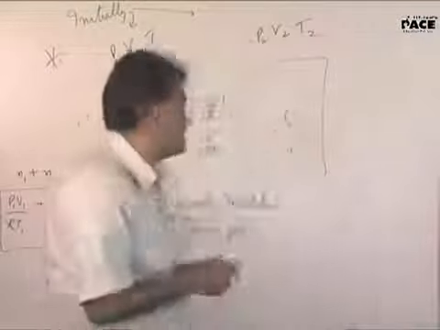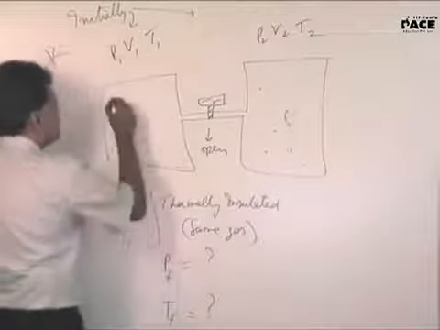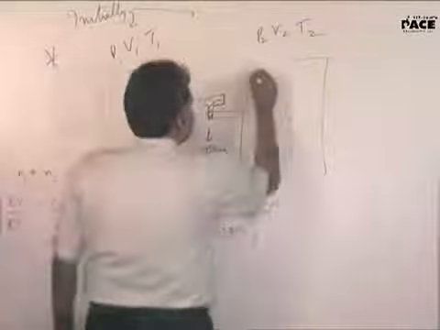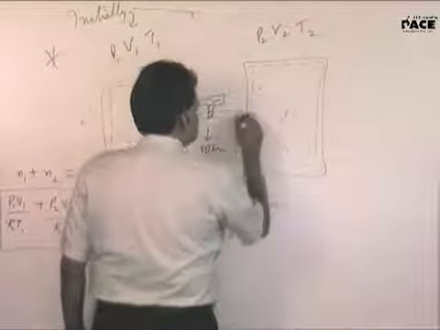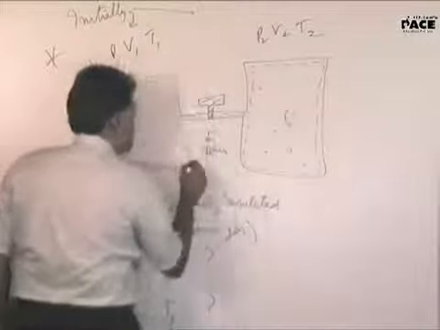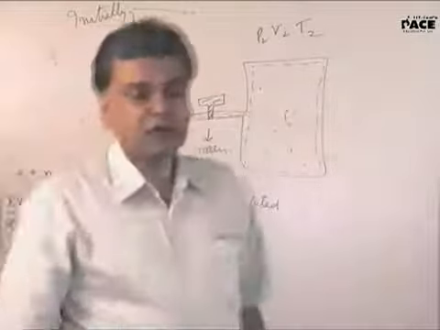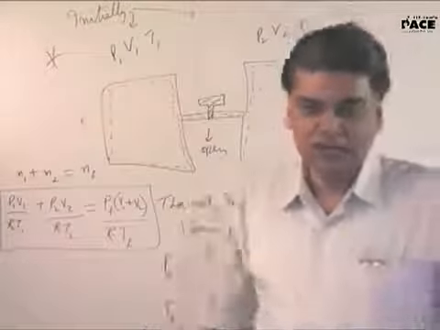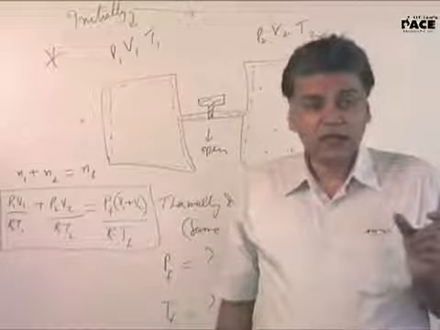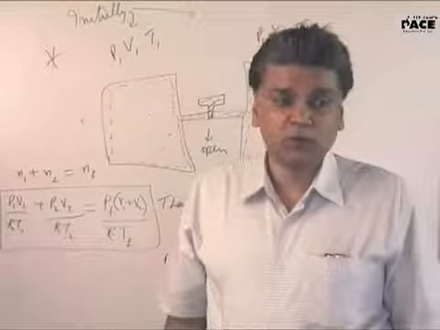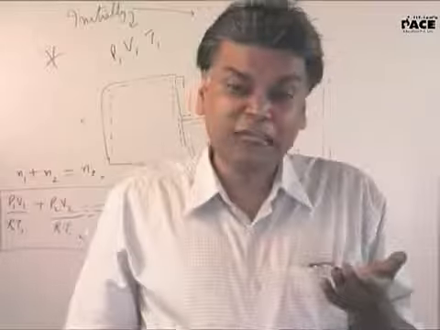You can take the gas as the system. See, if I take this as the system, I'm taking the gas as the system. The walls of the container did not participate in that. If I take the dotted line as the system, you tell me what is the difference between them.